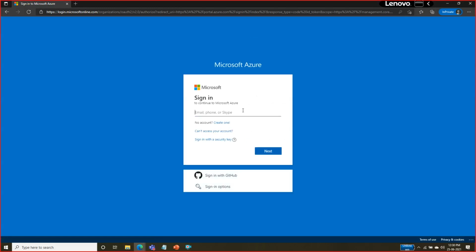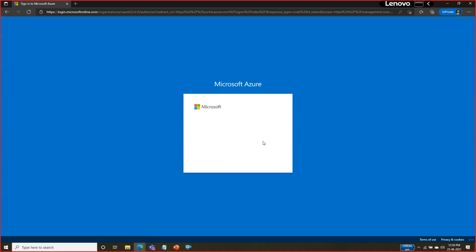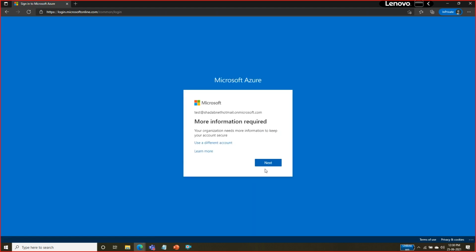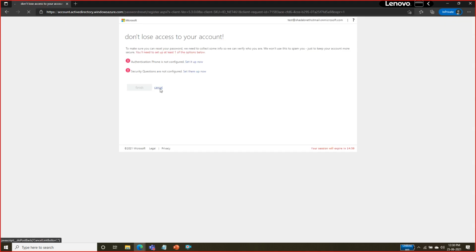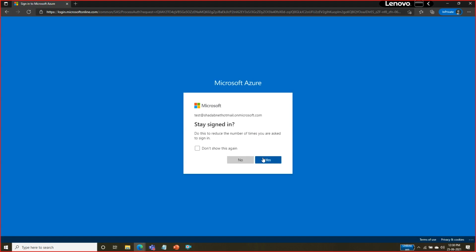I will enter the username of the person to whom I've given the access. I'll log into this user, and now you will see he will not be able to access any other folder. He will only be able to access a particular folder, which is the developer folder.